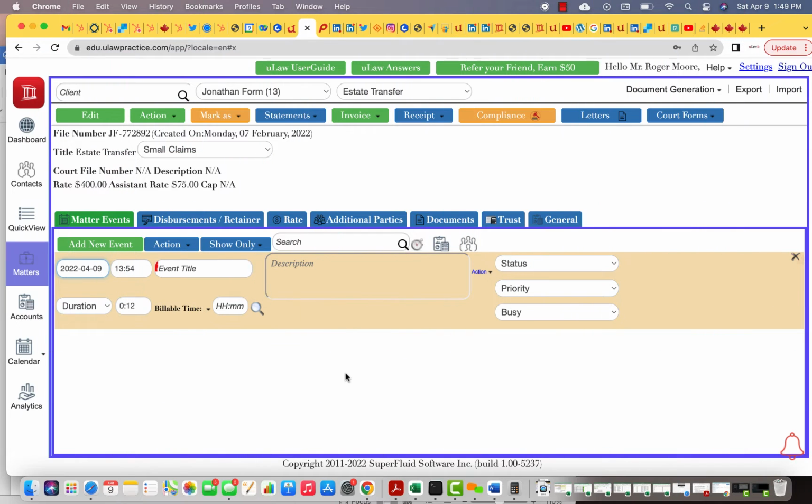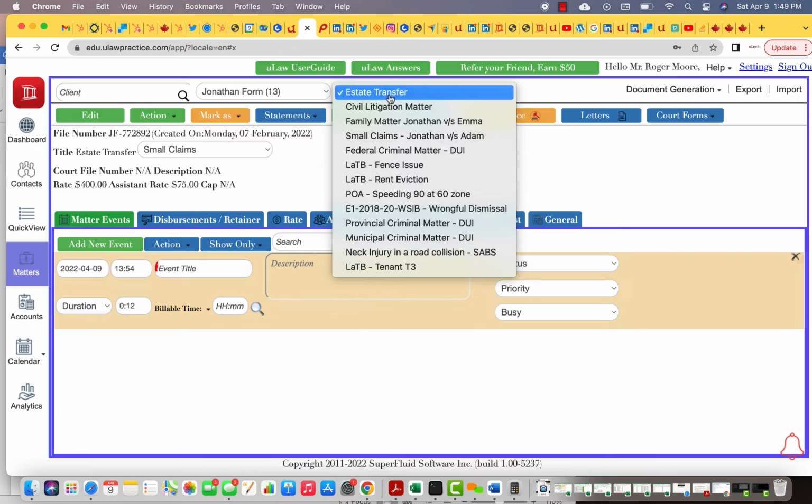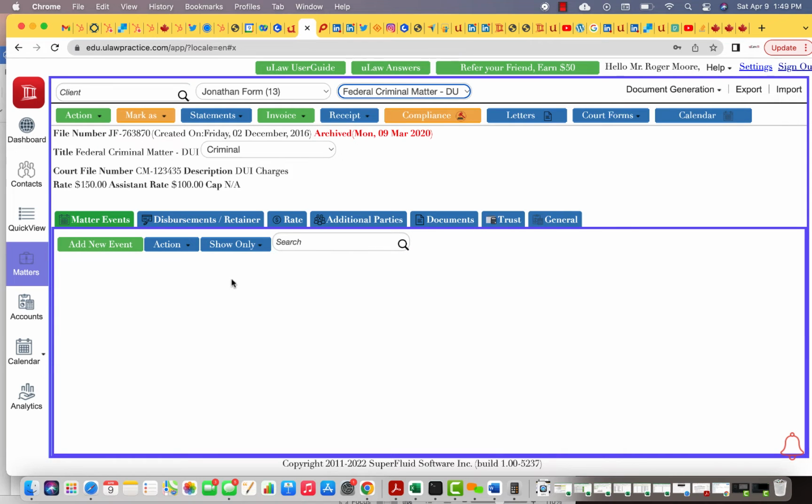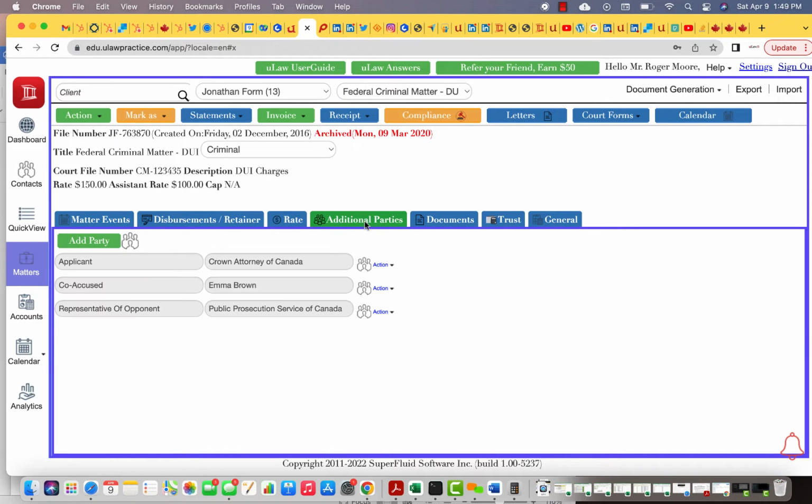The question that we've been asked is what does uLaw do for criminal law in terms of forms, and how can I do something special with them? So obviously I've created a special matter here for criminal law, right? And in the criminal law, under additional parties, you can go and add things like applicant, co-accused,